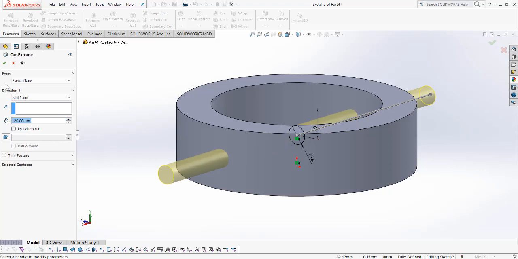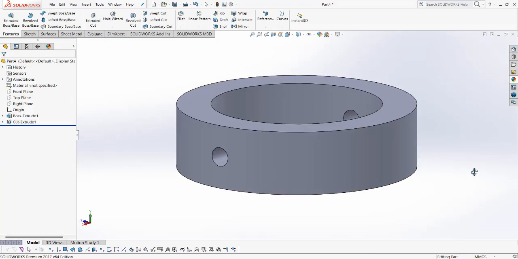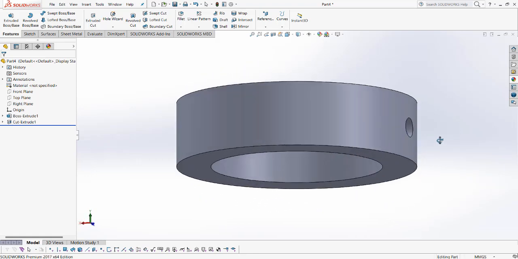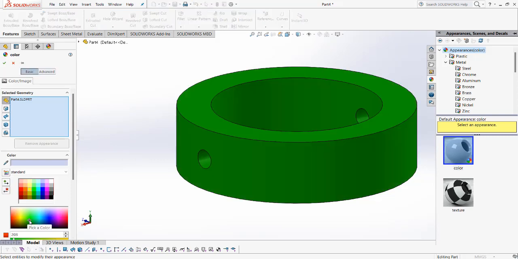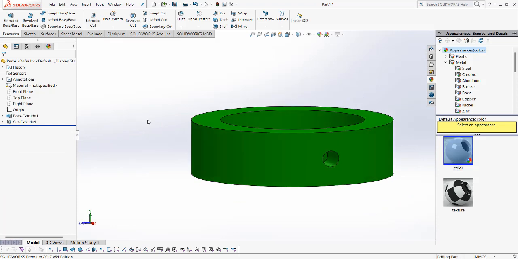Okay, like this, and our collar is created and we assign a color for the collar, green. Okay, so Control plus S and save. Okay,